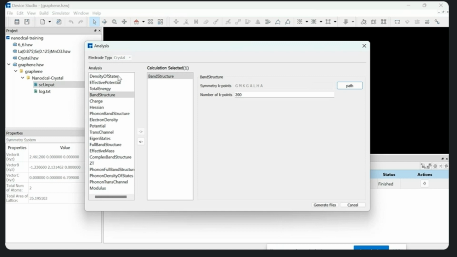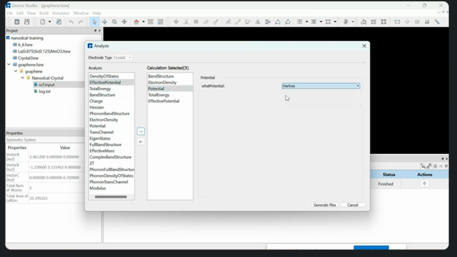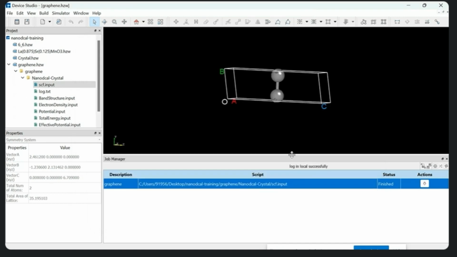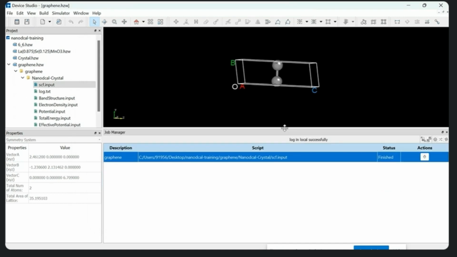Similarly, if you want to plot the electron density, you can select it. If you want the potential, select it. If you want to see the effective mass, or the total energy, the effective potential, or the Hartree potential, exchange correlation potential, neutral atomic potential, transmission channels, and eigenstates, you can select all these and click on generate file. I click on this generate file. Now you can see here